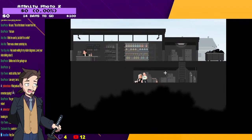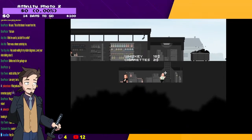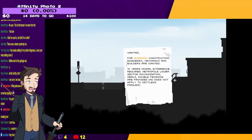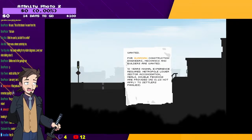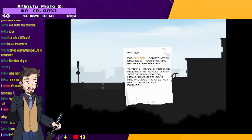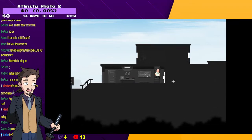Dude, I see things. Some things are still the same even 100 years later. Whiskey and cigarettes. They turned into money in my hands, like that guy where everything turns into Skittles, except it's money. For Guardian construction engineers, mechanics and builders are wanted. 10 years minimal experience required. Ugh, even in the post-apocalyptic future, 10 years minimal experience required. Metropole lower sector accommodation, meals, double pensions are provided. That does not apply to settlers' families. Ugh. This was made a long time ago, but it feels strangely...